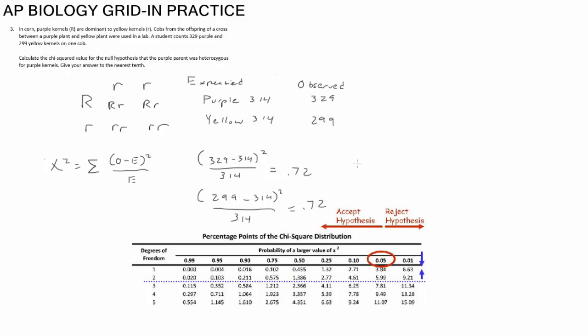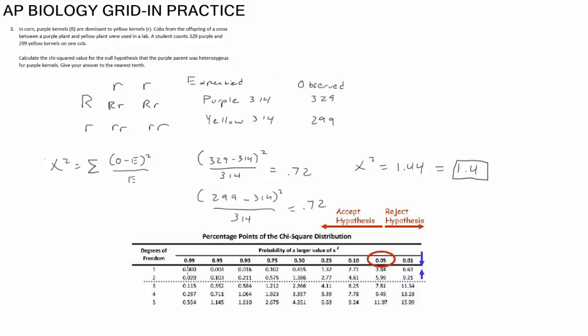Chi-squared is a sum of those, and so my chi-square value here is going to be 1.44. And it wants my answer to the nearest tenth, so it's going to be 1.4. Got to be careful of specifically what they ask for. Typically it's going to be what you expect the number of decimals to be, but depending on how you're calculating things, it may end up being different, so you just got to be careful. It doesn't ask in this problem, it will in later ones, but basically we would then look at the